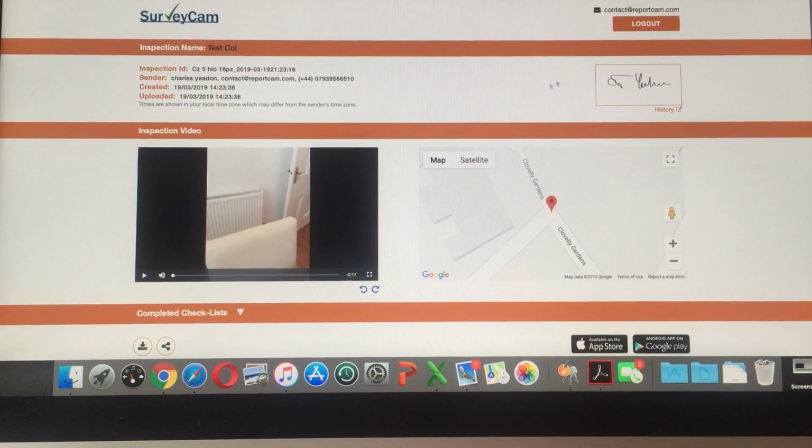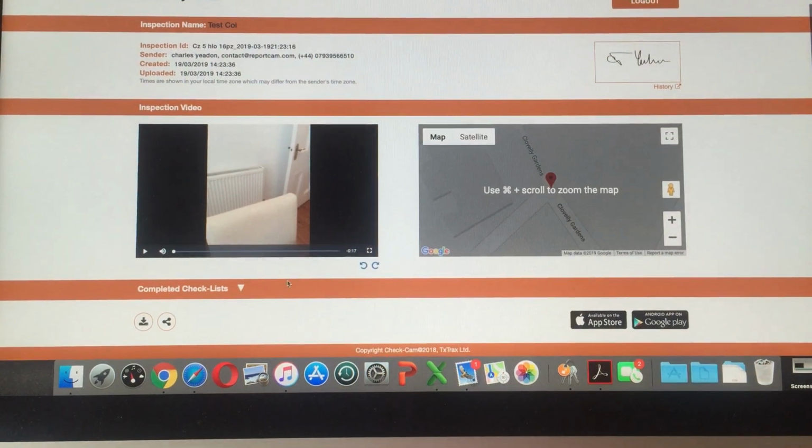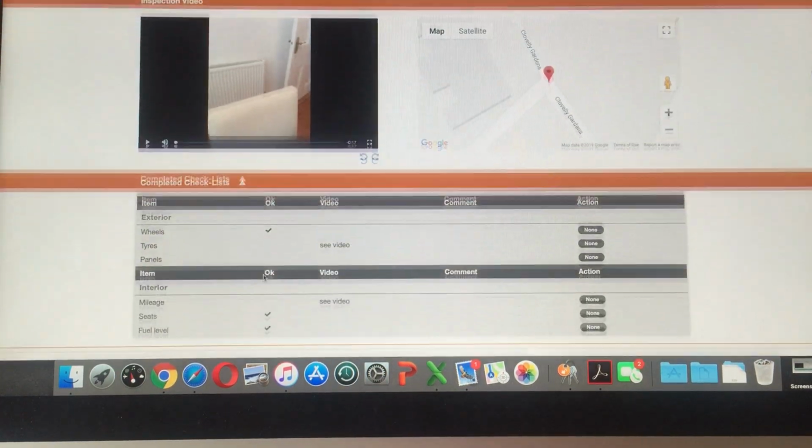There's a signature of the inspector. We've got all of the details of the name of the inspection, who the sender or inspector is, when it was created, when it was uploaded, in case there's a time delay between the two. You can see the video of the inspection here, a map of the location, and crucially down here, you can